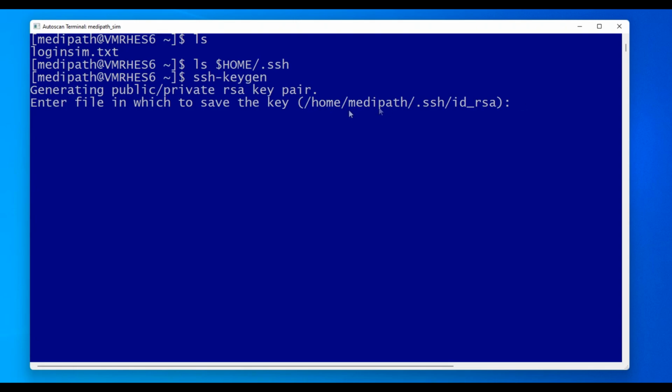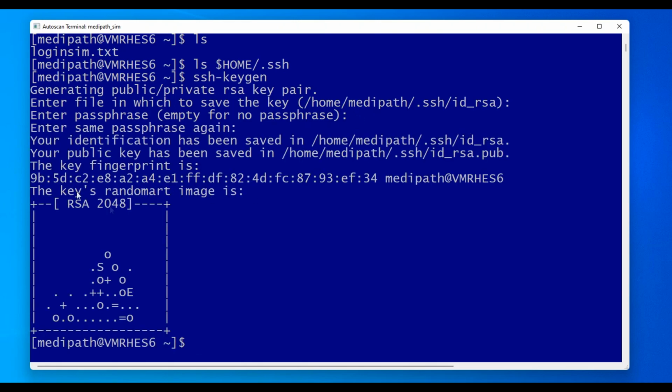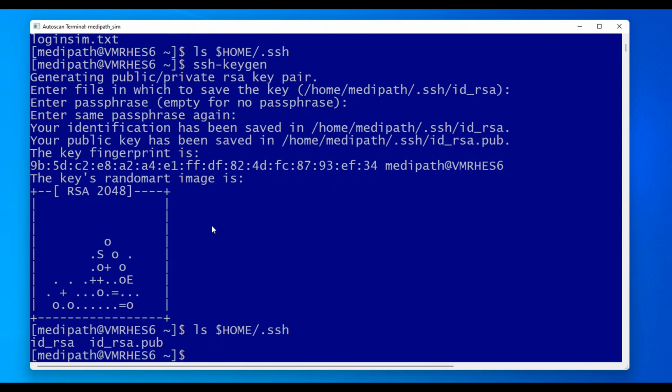Do we want to? Yes, we're going to save it into the .ssh id_rsa. Again, default value, correct. Again, we're going to use Windows credentials to protect our key, so we don't want an extra password on top of that. So again, we'll accept empty and empty. And we'll see that we've got a similar thing. We've got a 2048-bit key by default on this version of Linux. That's perfectly fine. So if we now do ls home .ssh, we can now see that we've got the private key and the public key